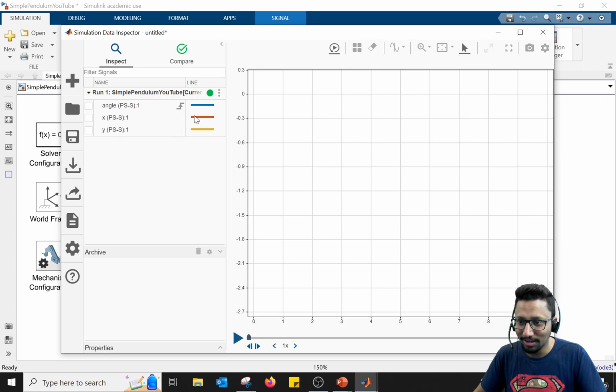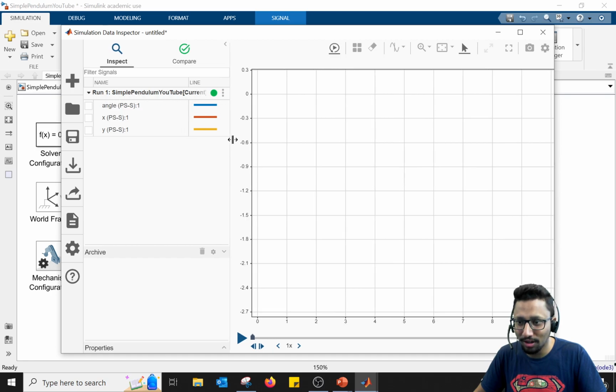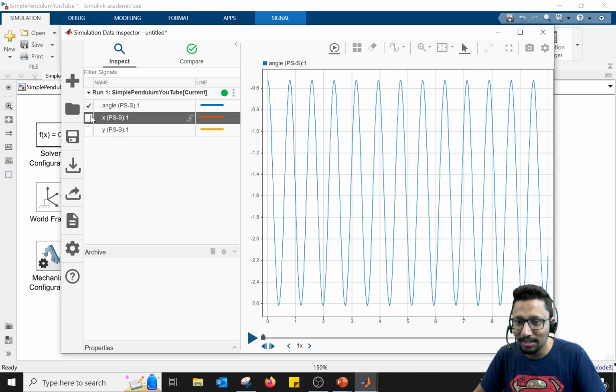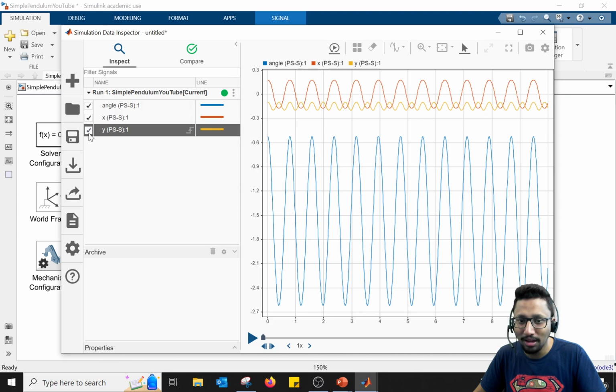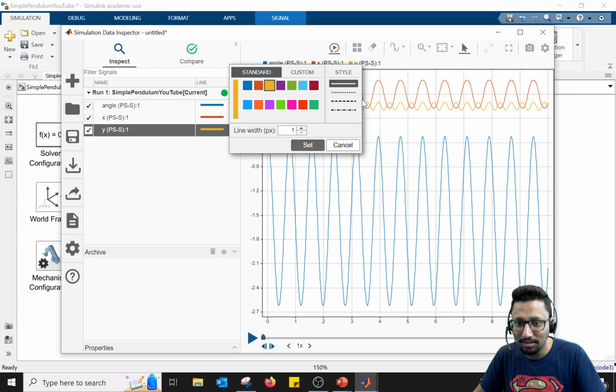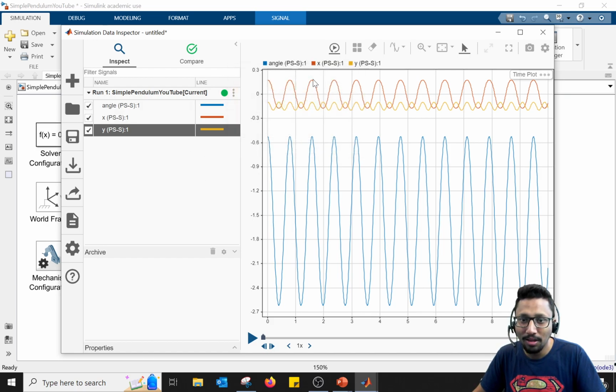a window appears here where you can simply see different options. So in my simulation simple pendulum YouTube current file, after logging the signal, this is my first run, right? I can see the angles here. I can see the X axis. I can see the Y. If you want to change the color, you can simply go here, change the colors, change the pattern, whatever you like. You can even play this and see how different angles and X and Y were behaving, or you can just pause it